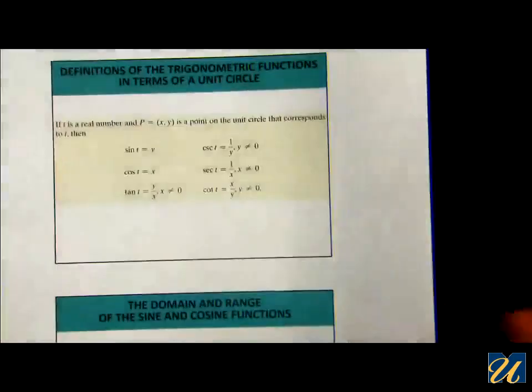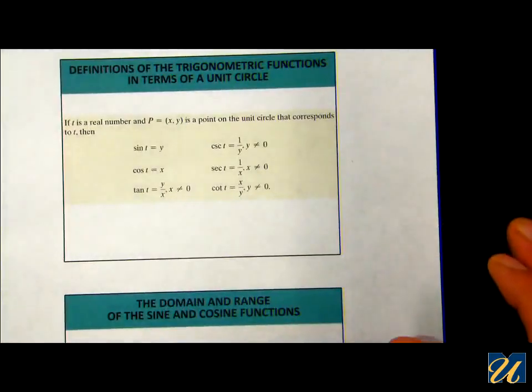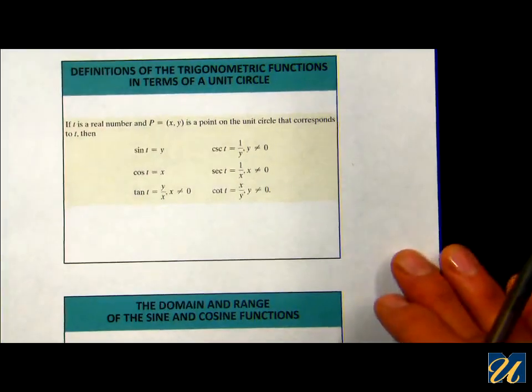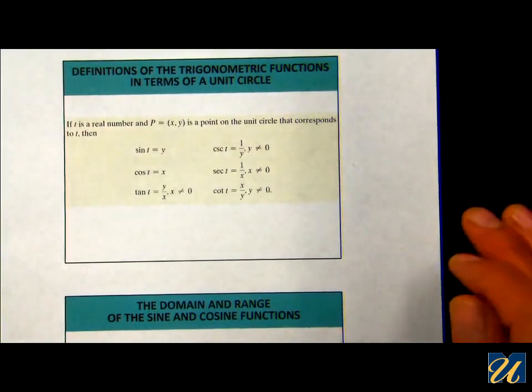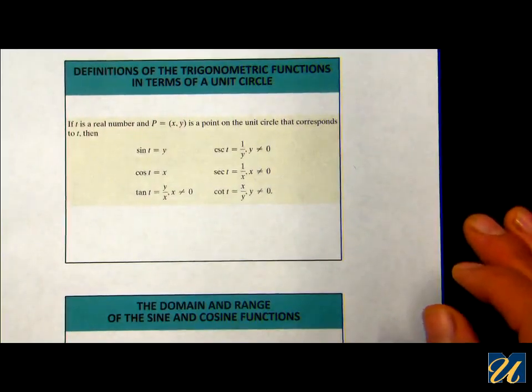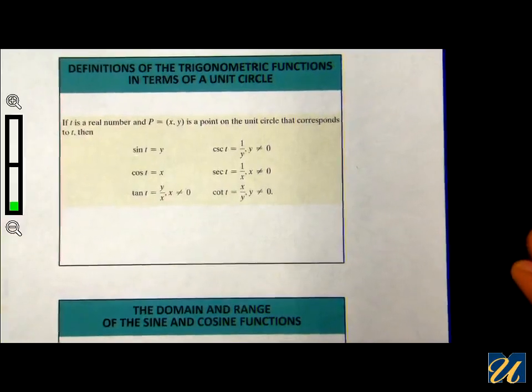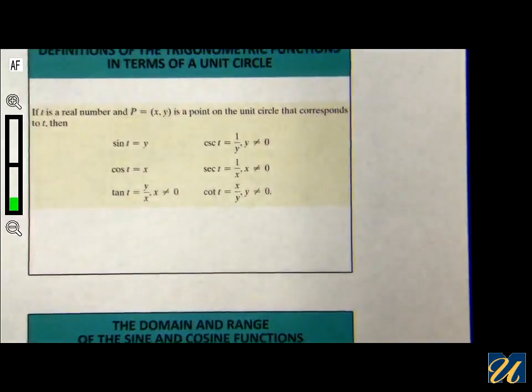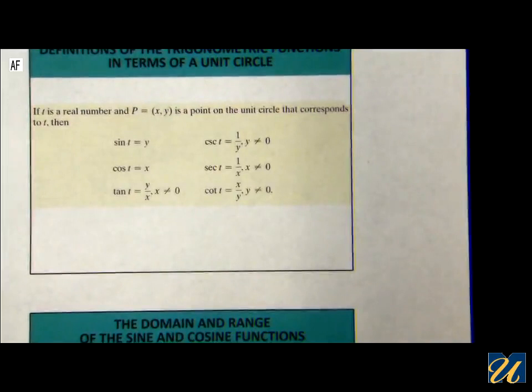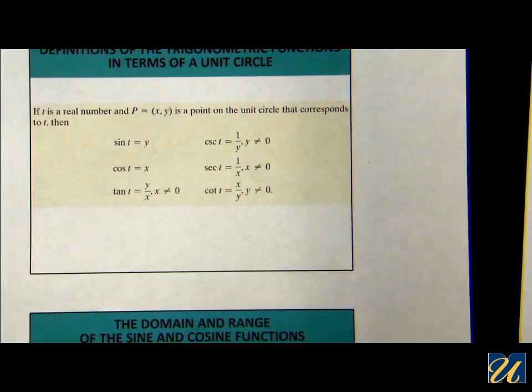Let's look at the definitions of the trigonometric functions on the unit circle. In the previous PowerPoint discussion, I said always think of the sine being the y-coordinate of point P, and the cosine being the x-coordinate of point P. Now here we have sine of t being exactly the y-coordinate, and